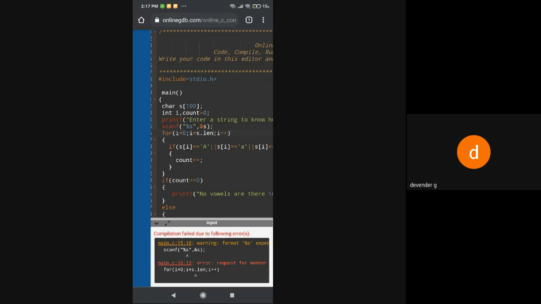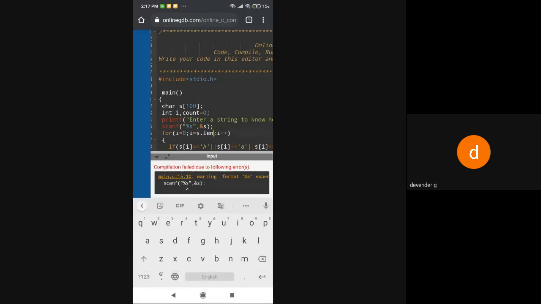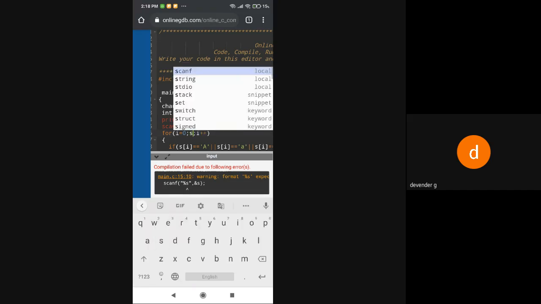So we are not getting the length function over here. So the length function is there, we'll see how that works. Right now it takes the first word, so we won't be having the other words. So you can say s of i equal to slash 0.